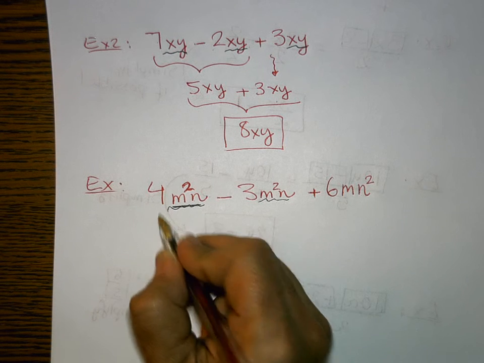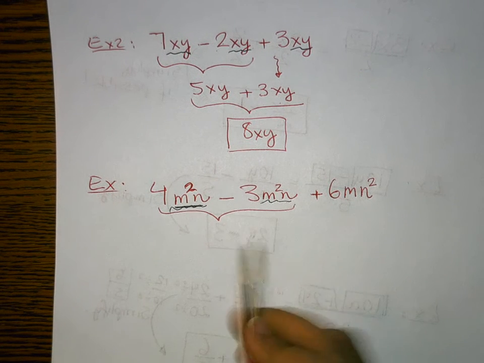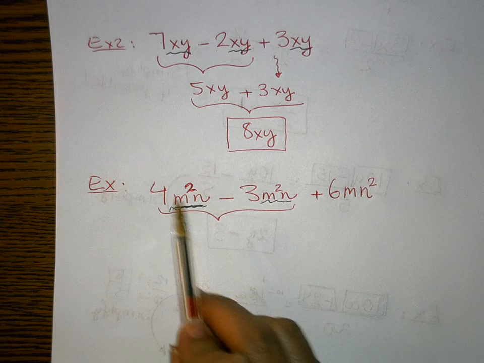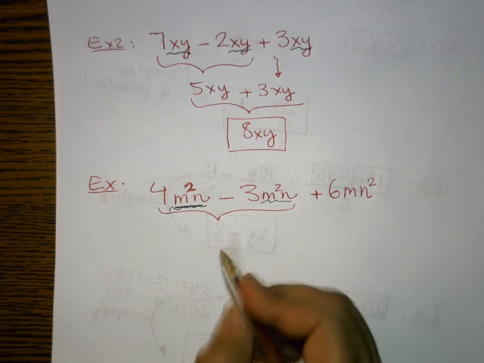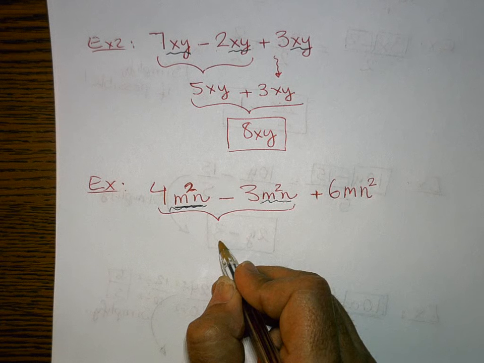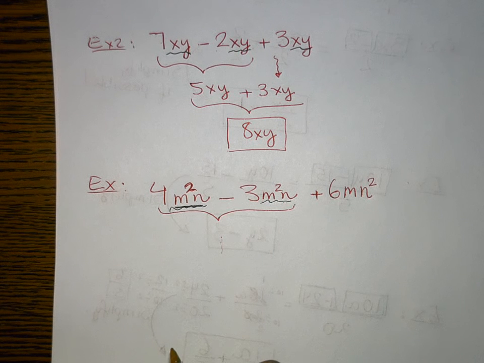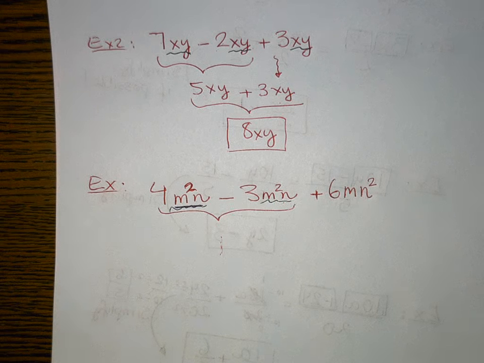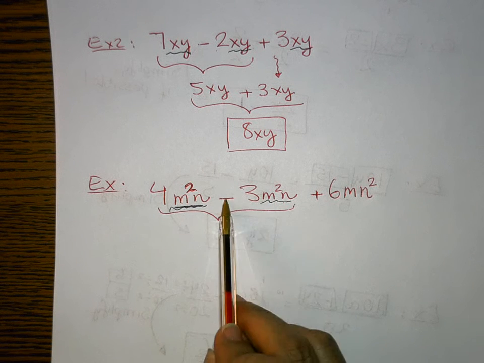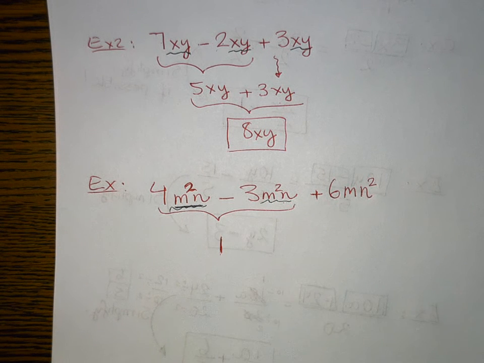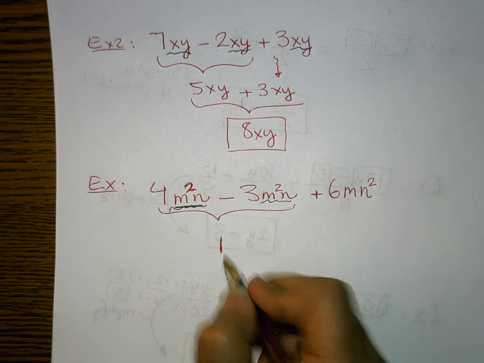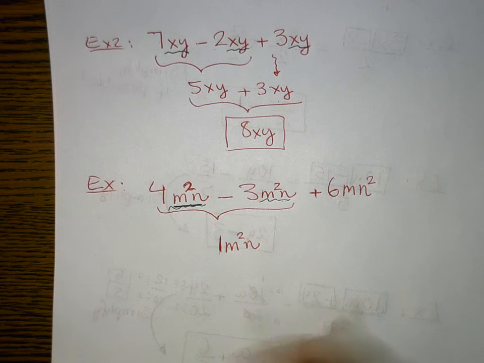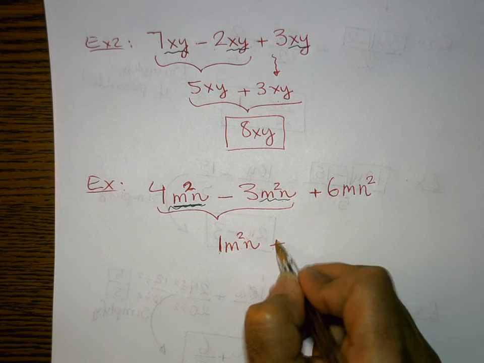4m squared n minus a 3m squared n. So 4 minus a 3 is just a 1. We usually don't write the invisible 1. I'm going to put just a little shadow there that I'm writing a 1. So 4 minus 3 is a 1. If you want to write it, go ahead. And then you repeat the variable, m squared n. Okay? Plus, I got to bring this other guy down, plus this other guy comes down,